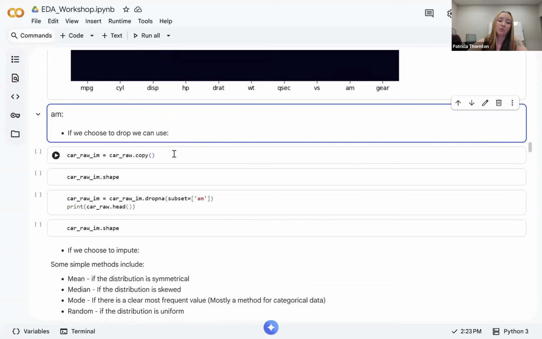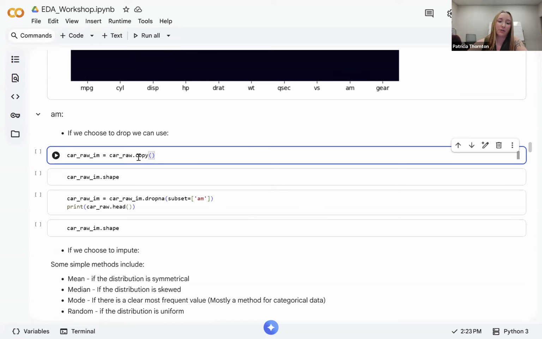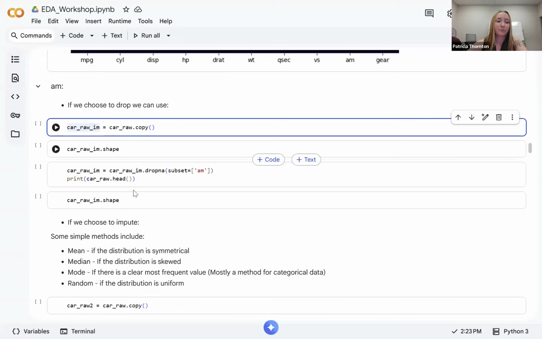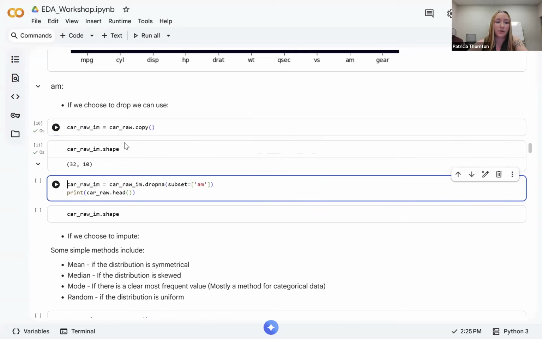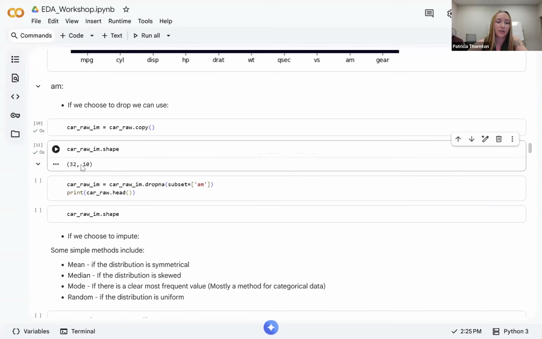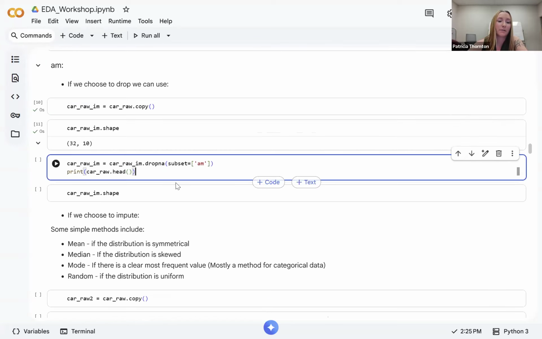So if we choose to drop the rows, we can just run this code here. In this first block of code, all I'm doing is making a copy of the data frame we created before, except now I'm giving it a new name so I could do other work on it without messing up the first one. Okay, so let's run that. And now we want to see the shape of this. It's the same as before, except now 10. Oh, it was 10 because we removed the model as well. So that makes sense. And now we're going to run this code that will let us drop